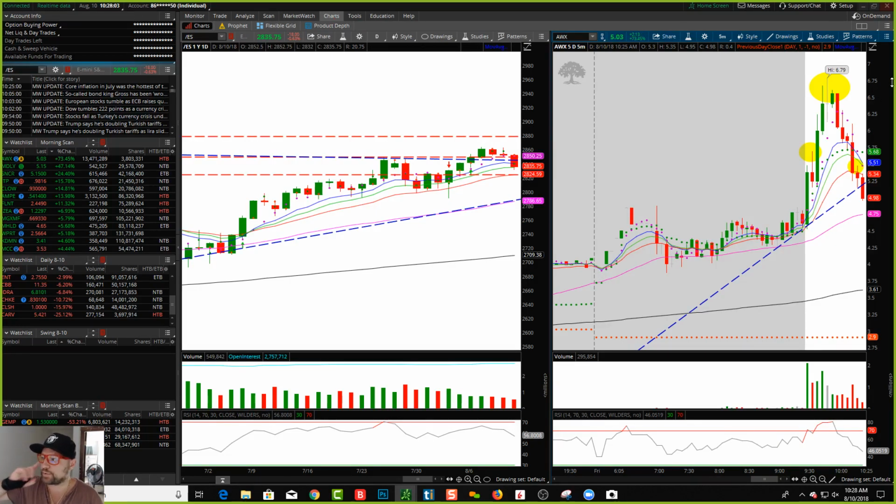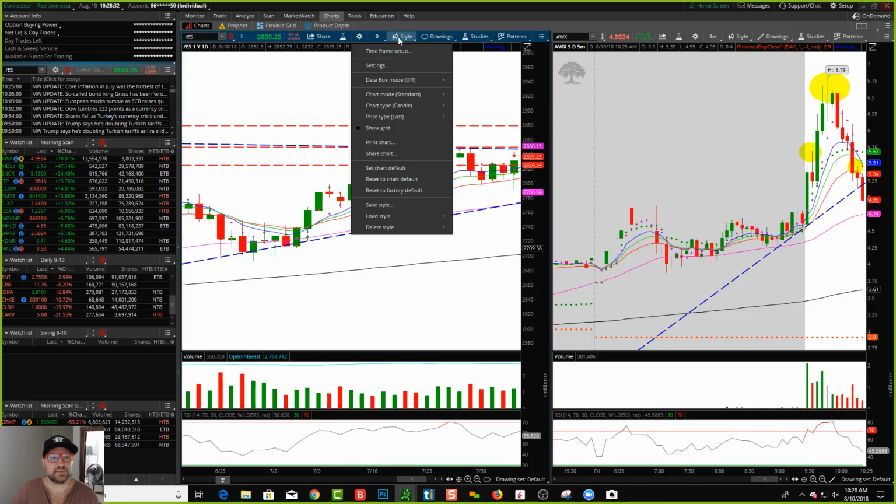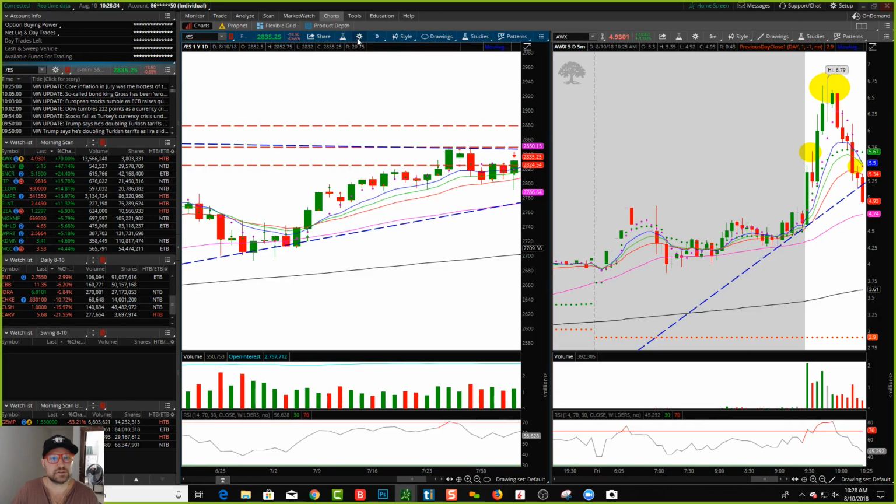Lucian, how do you set up your price axis to get those pretty candles? First of all, my candles are pretty. Dan's candles are ugly, because Dan is more of a techie guy, and he likes those muted colors. I, on the other hand, am more hip and trendy, and I like better looking candles. So how do I get to them? How did I do that? Style? Wait, did TD change their...